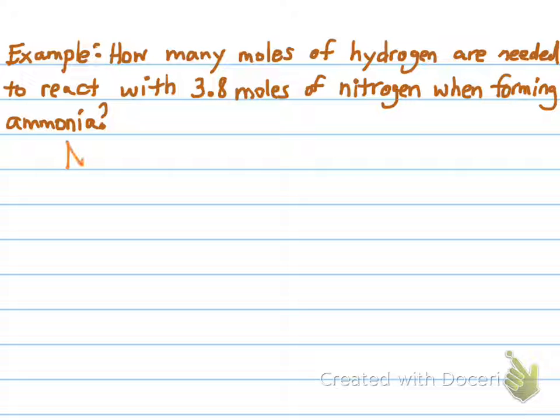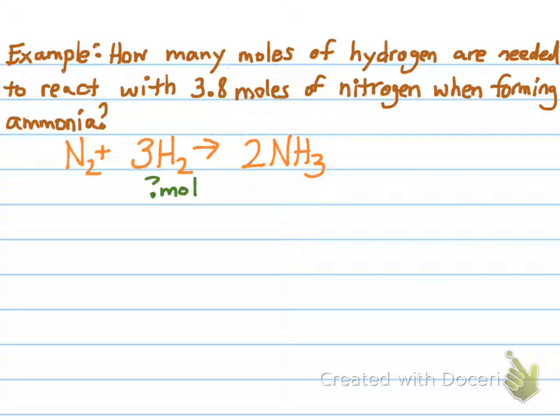So we had nitrogen reacting with hydrogen to produce ammonia. Now, one of the things that I like to do when I do these problems is summarize the information underneath the problem, because most of them are going to be story problems. So it's asking how many moles of hydrogen, so that's my unknown, so I'm just going to put a question mark, and I want it in moles, are needed to react with 3.8 moles of nitrogen